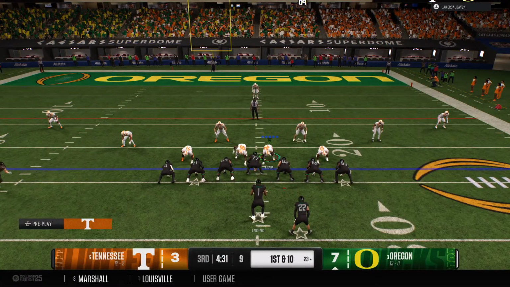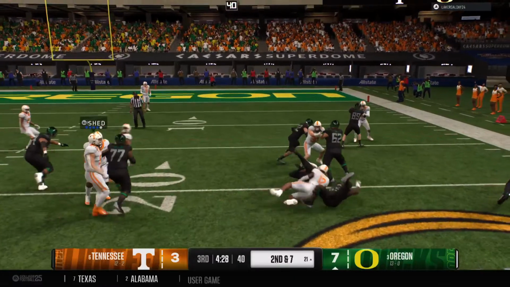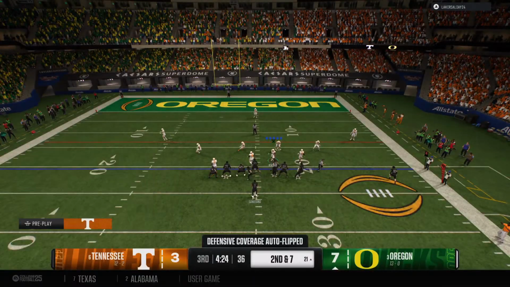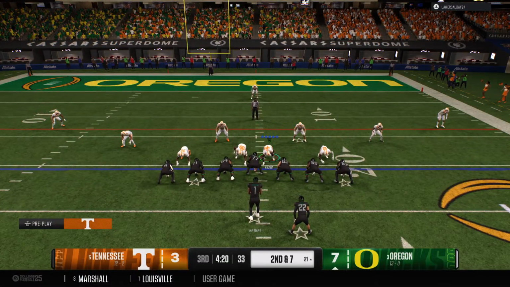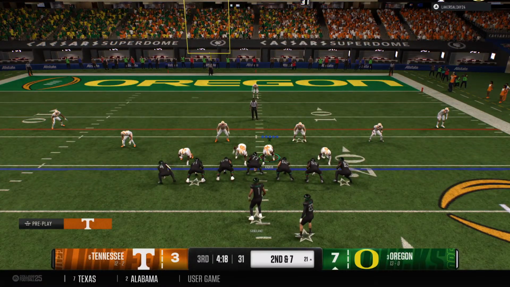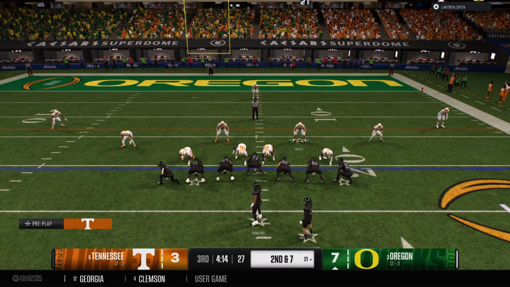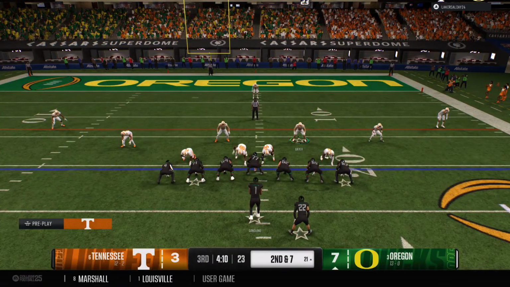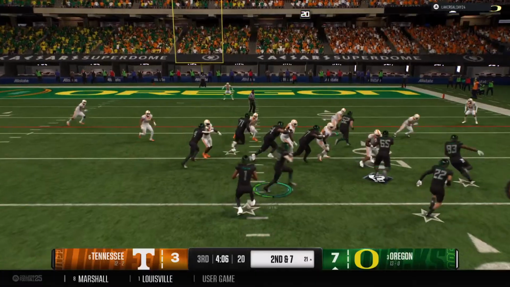Pre-snap motion from the receiver. A pop pass on the jet sweep. That's a nice tackle there by the senior. And the Ducks come up to the line in a hurry-up. Boy, I'm a big fan of that jet sweep motion. It really forces the defense to stretch out horizontally and can create some vertical seams for this offense. They got some positive yards, didn't quite get the first down, but I'll tell you what they've done. Planted a seed on this defense, and they better defend this style of play moving forward.